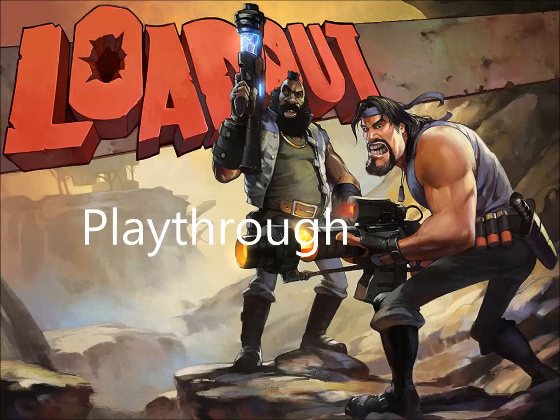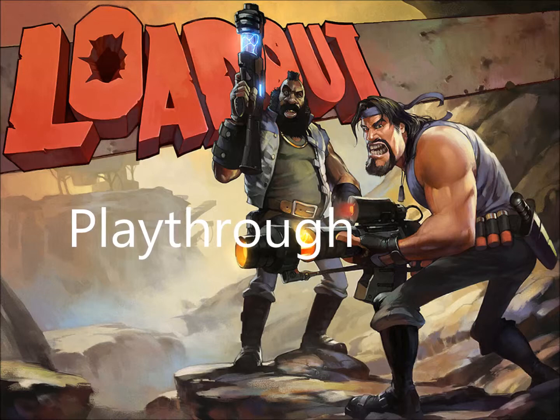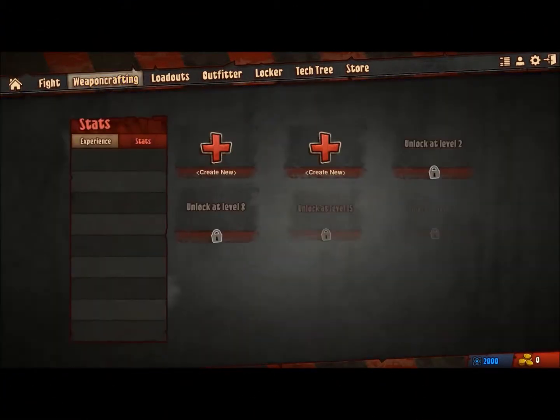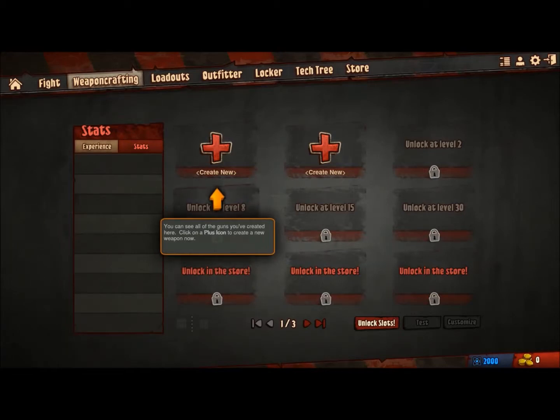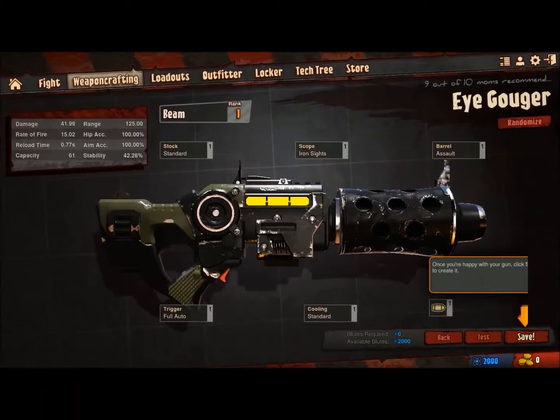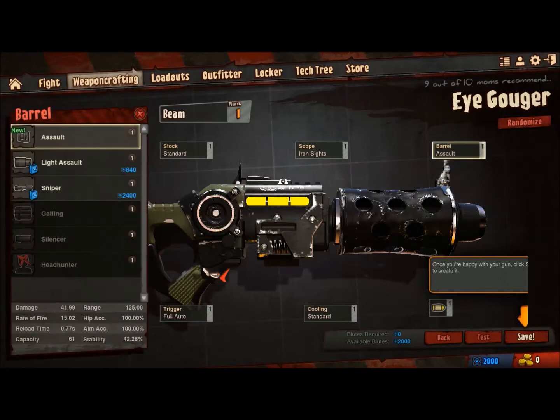I'm doing a playthrough of Loadout this time. The game is a lot like Team Fortress 2. Really smooth graphics, really fast and fun to play. The main focus is you get to create your own weapons,